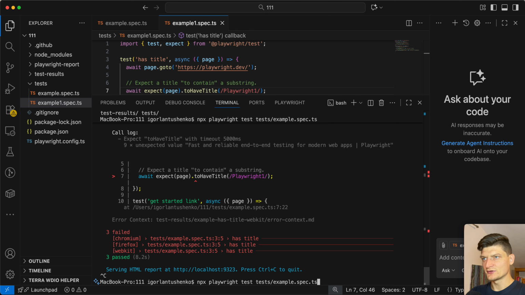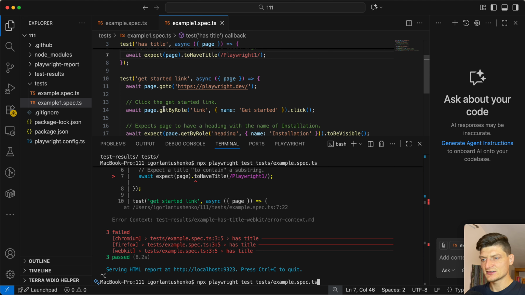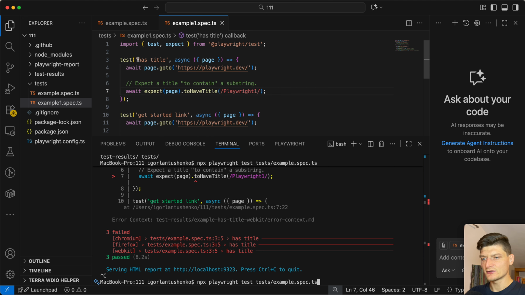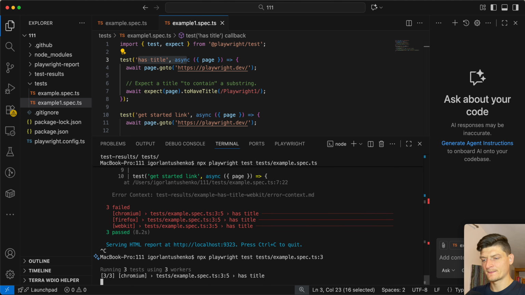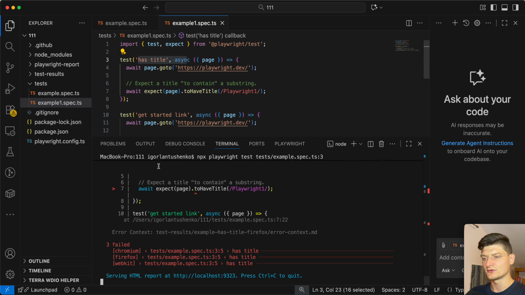Next, what you can do is specify even a line which you want to run. For example, we have has title test get started link, and we want to check only has title. For that, you can specify line number 3. You can do it like this, and as you can see, tests are reduced and we have only 3 tests running. That's because we have 3 different profiles,